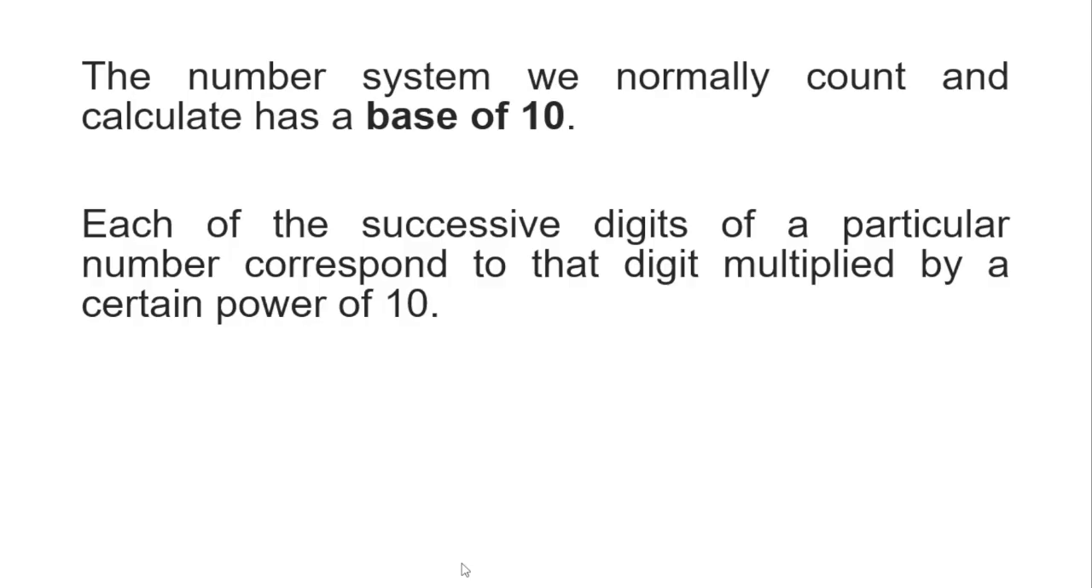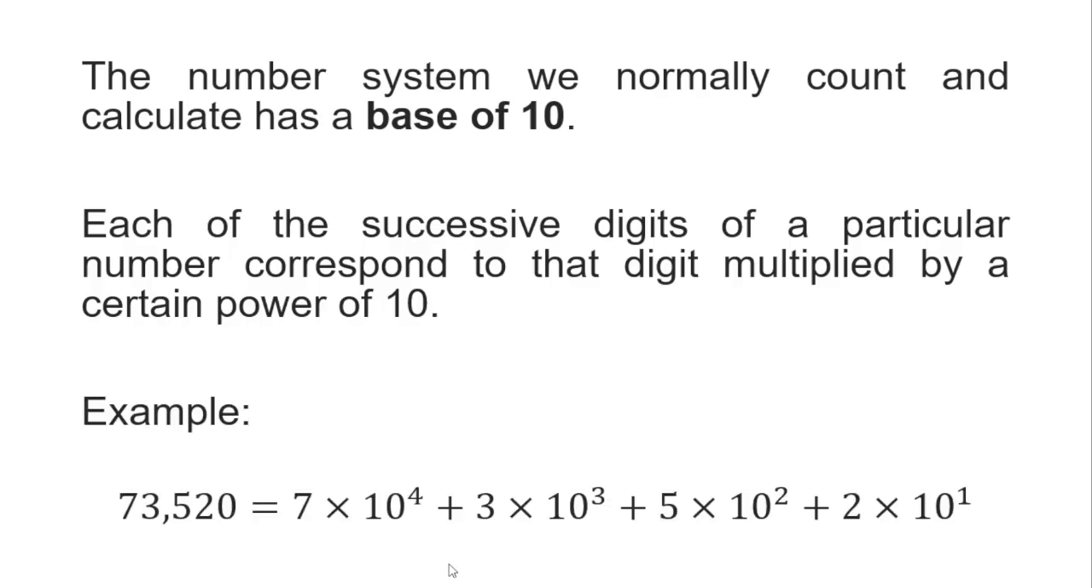So like we're saying, every digit in the number has a value based on its position, and each position represents a certain power. So let's break it down with an example. For example, we have 73,520. We can separate all the digits